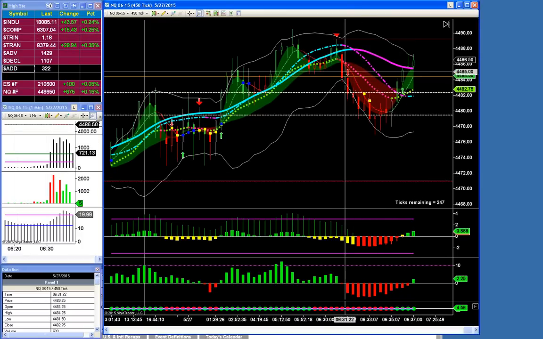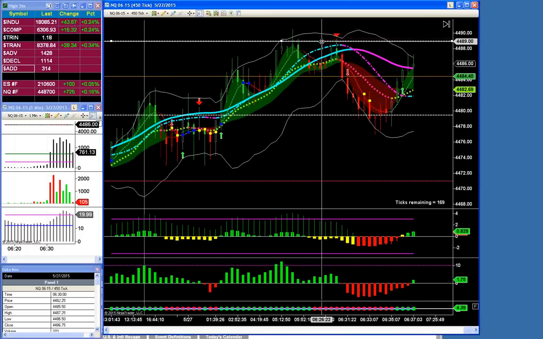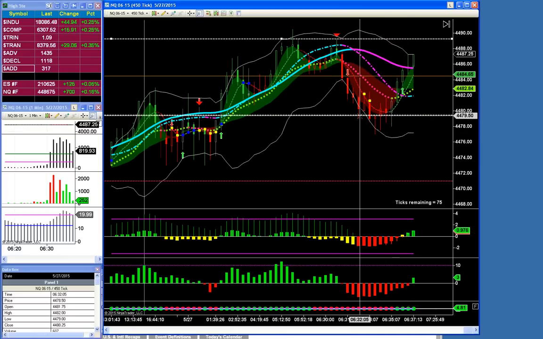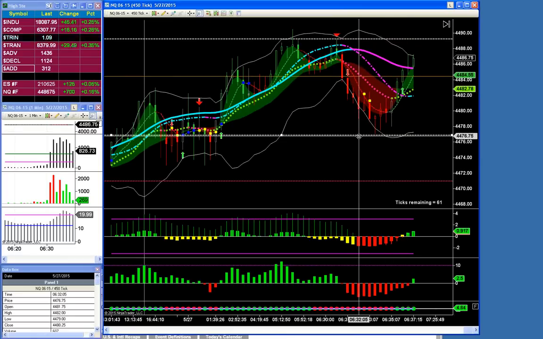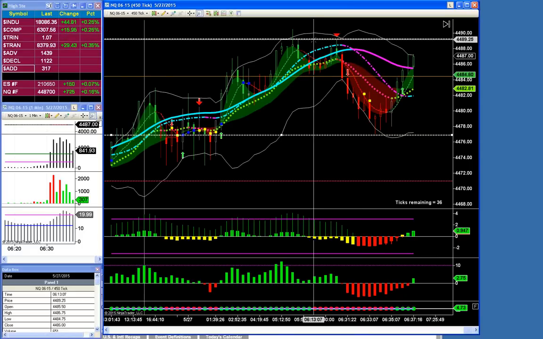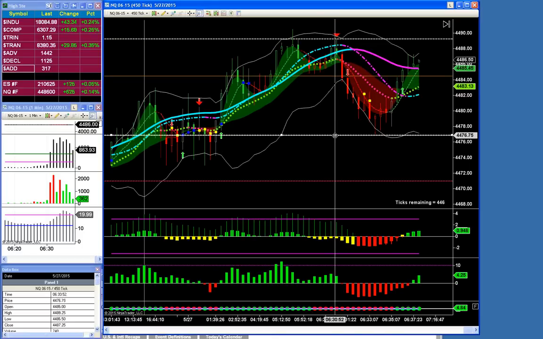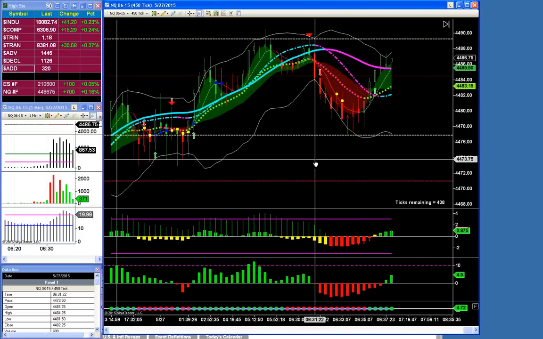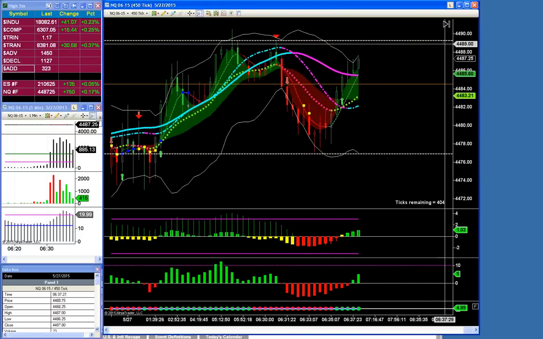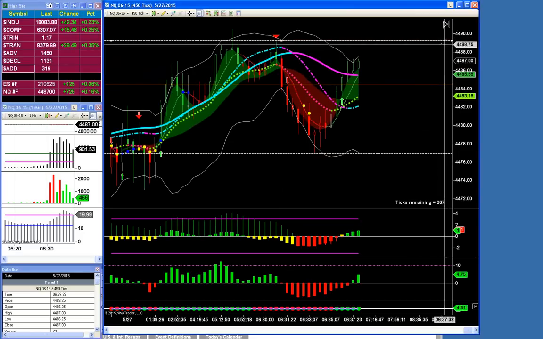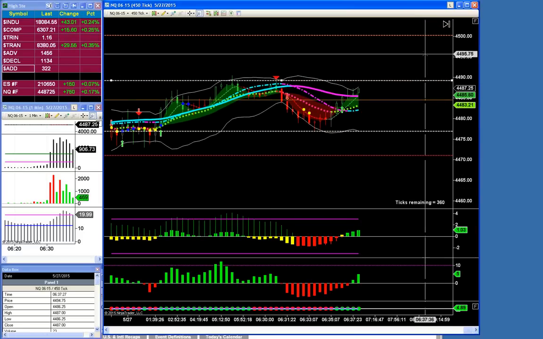So let's see what we got here. We've got the opening coming in here. Clearly this is the high up here, right off the opening. And this is the low. So the first 5 minutes of trading, we've got 89 quarter working the highs, and the low of the opening 5-minute range, 76.75. Okay, and